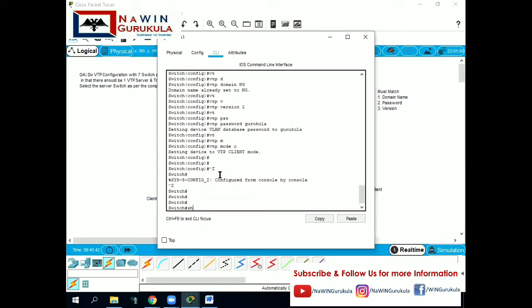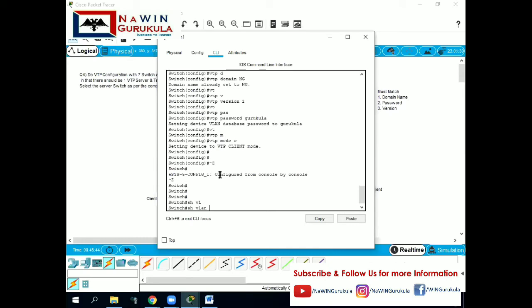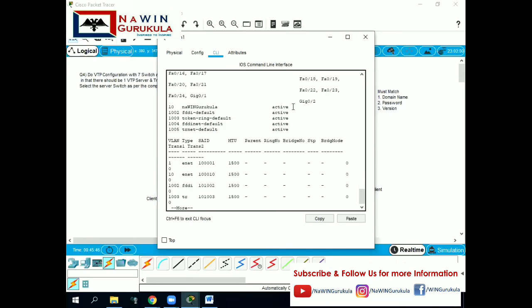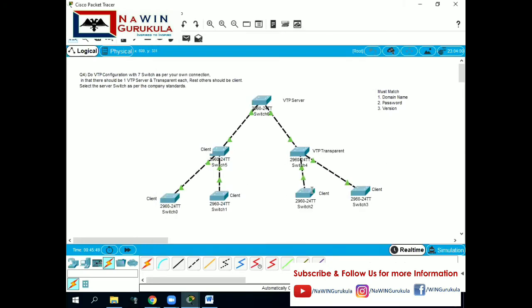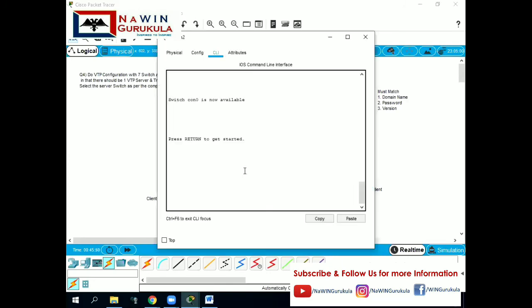We'll cross check. Show VLAN. Yes, VLAN is updated. This is how you need to cross verify step by step, so that you will not get into trouble later once you complete everything and then cross check.